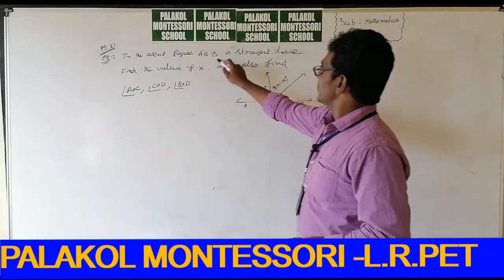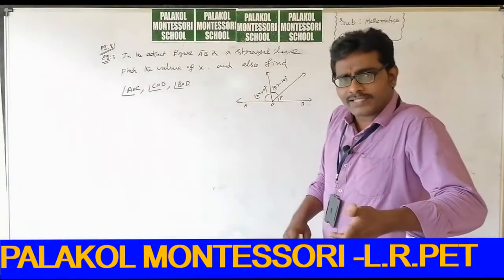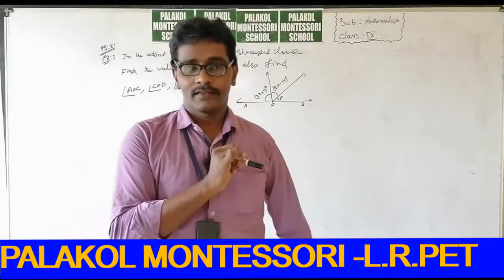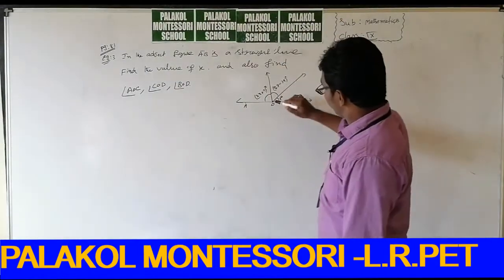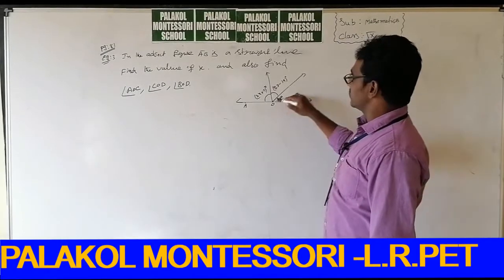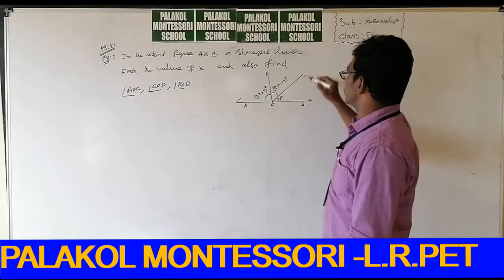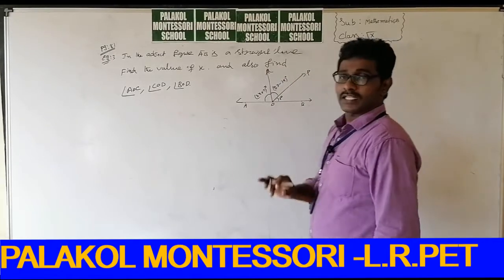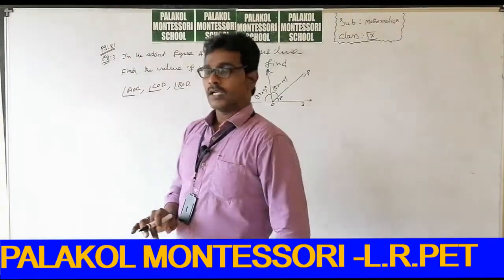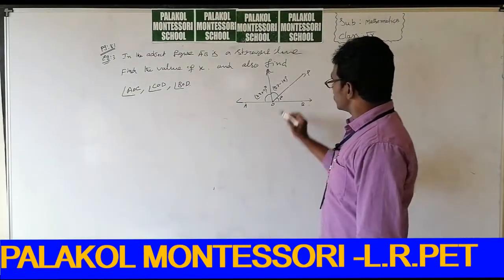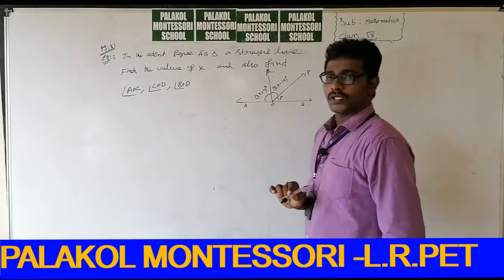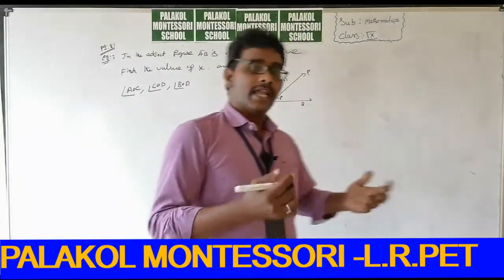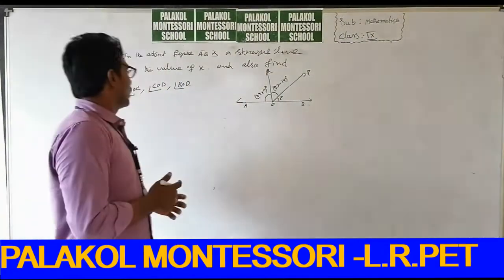In the adjacent figure, AB is a straight line. Immediately note that a straight line makes an angle equal to 180 degrees. The straight line is divided into different angles by these rays. Suppose this ray is P and this ray is Q. OP and OQ divide that straight line into different angles. So indirectly, the sum of these angles is equal to 180, so that you find the x value. Now come to the point.